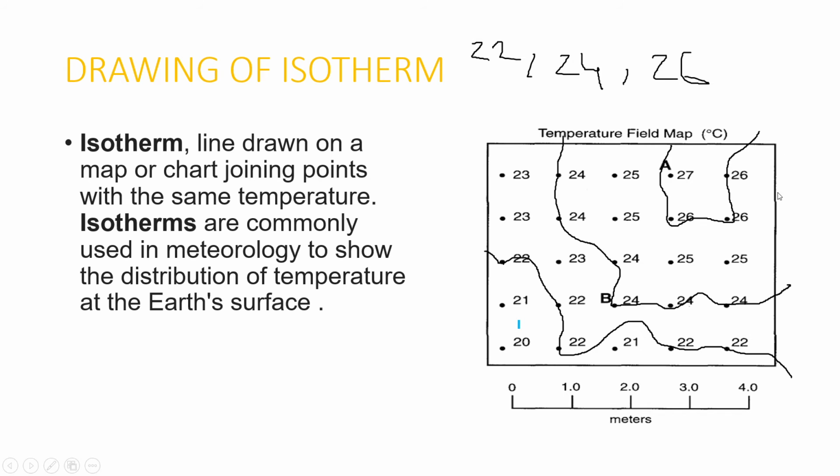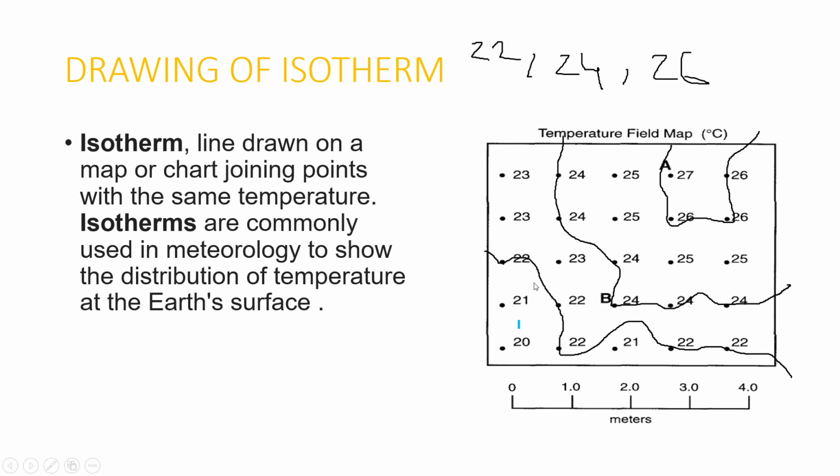Now in this picture I have taken 3 points, 22 degrees Celsius, 24 degrees Celsius and 26 degrees Celsius. Now I am demarcating 22 degrees Celsius. How are we going to do that? Just simply join the points that have a value of 22. If some point does not have the value 22, we have to assume that the point 22 may lie in between 21 and 24. So if you see, this line is demarcating 22 degrees Celsius.